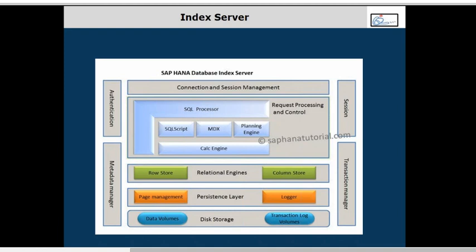But that doesn't mean that if you've designed a view in a certain model, it always executes everything all at a time. Only based on the reporting requirement, it formulates a separate execution model apart from the design model, then executes the execution model in parallel if required. That is all done by the calculation engine. So the calculation engine will formulate the execution model and split the operations, and all the operations will be executed by what? SQL script, MDX or the planning engine.